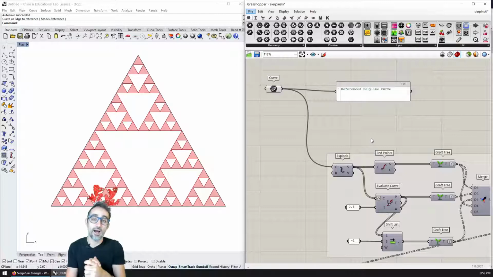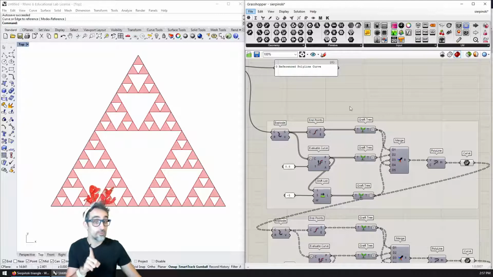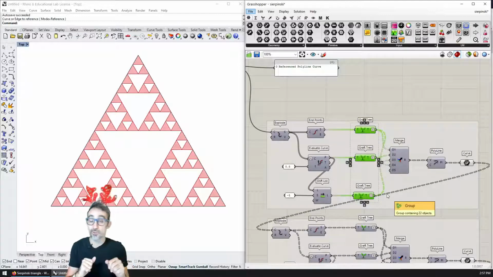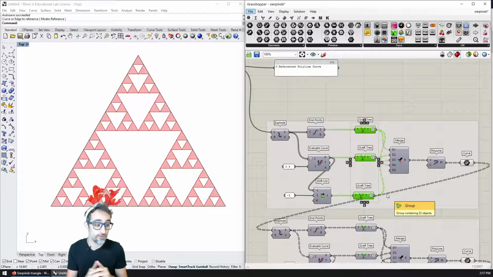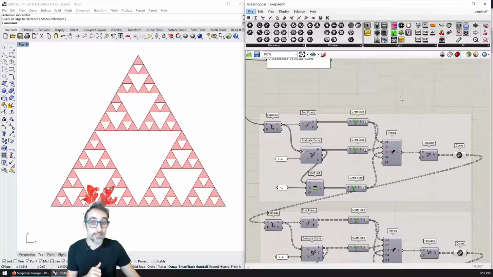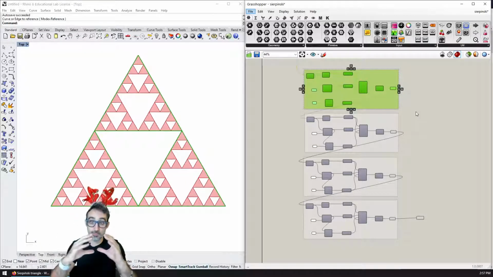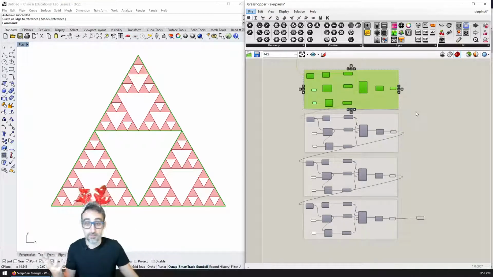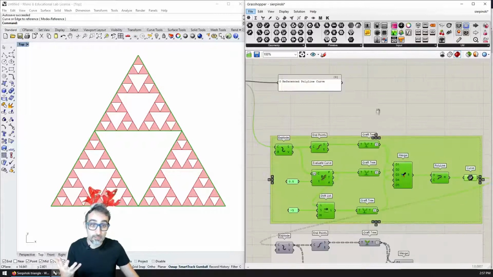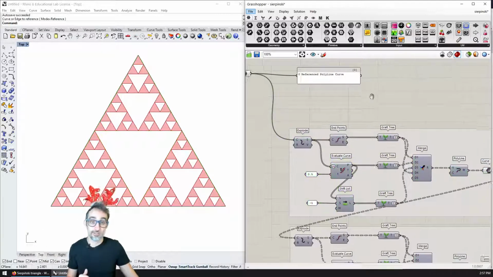Okay. What's going to be interesting is that it's going to be super simple to do. It's a very simple algorithm. It's going to involve a little bit of data manipulation, which is always interesting and a good thing to learn. But you will see very soon that we will hit one of the limitations of Grasshopper, which is that we cannot really perform recursion. So in order to do this nested subdivision algorithm, we will basically have to manually copy paste the block that generates the subdivision as many times as levels we want to subdivide. All right, it's part of the limitation of how vanilla Grasshopper without plugins and without any additions works.